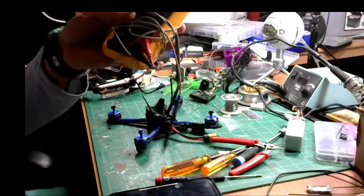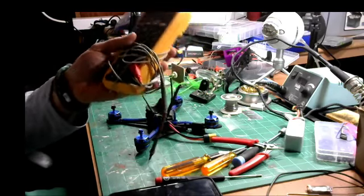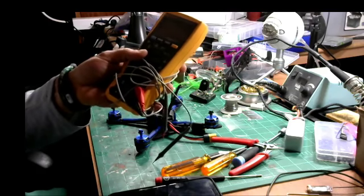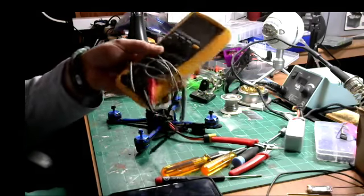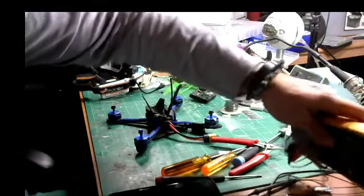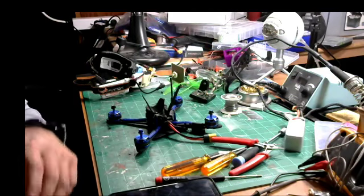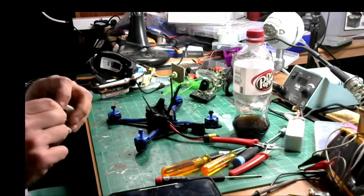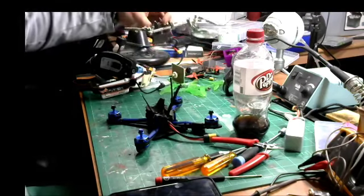I don't use these at work very often. The last time I used a voltmeter at work was when I was working on a cardiac stress machine, one of the ones that have the treadmills on them. That's one of the only times I can remember using a voltmeter at work. Now I do use an oscilloscope at work quite often in the electrophysiology lab to test the outputs on different signal generators and stuff, because